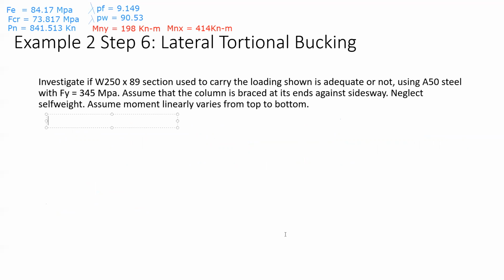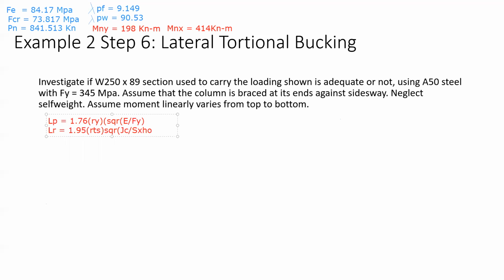So we have two formulas there. We have Lp, and that is 1.76 times ry times the square root of E over Fy. And we have the Lr, and this is now equal to 1.95 times rts, times the square root of Jc all over